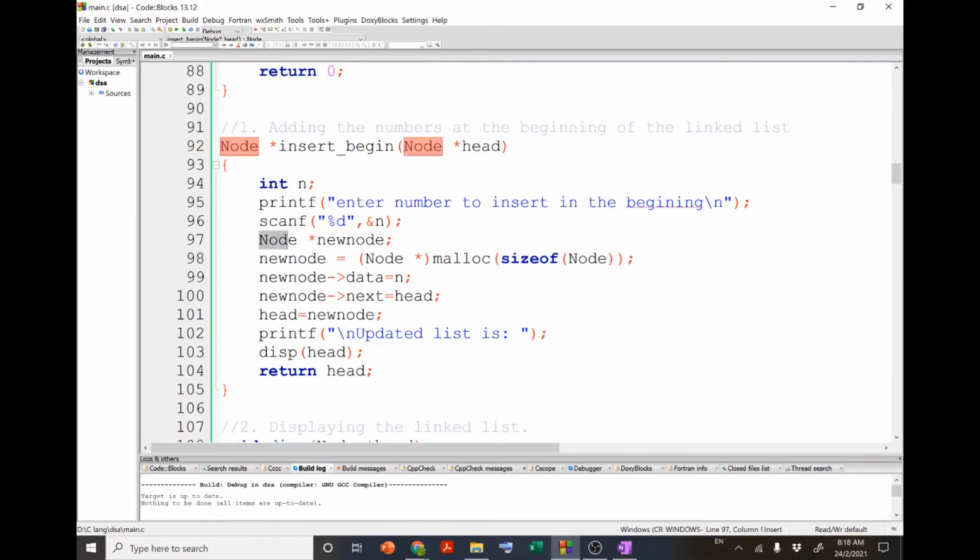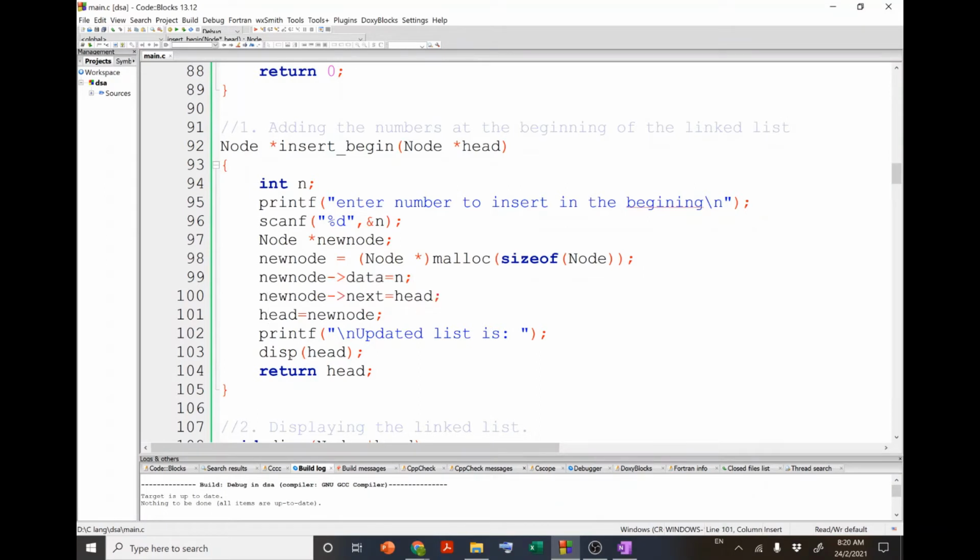Then I create a pointer to the structure, new node. With the help of the malloc function, our compiler will allocate memory to the new node, and the starting address of that memory will be returned to this new node. Once the memory is allocated, meaning once we have created a new node, we can insert the data into that node.